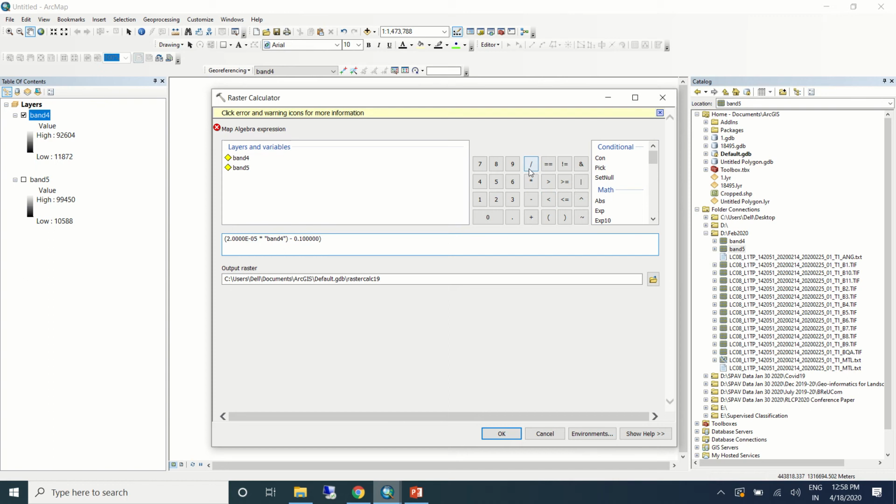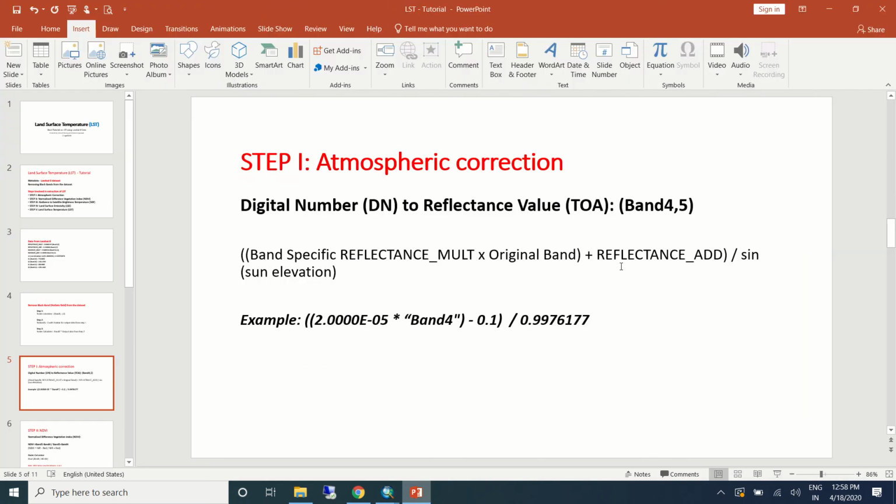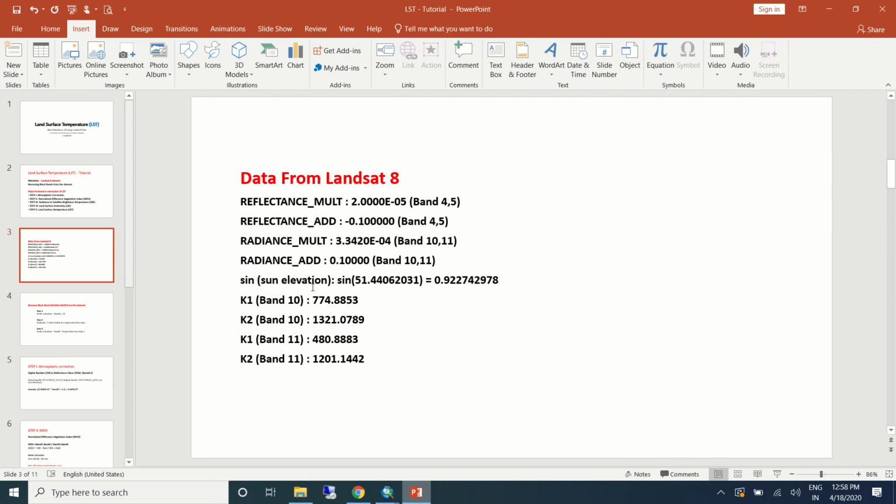Divided by sine of sun elevation. So if you remember, the sun elevation is 51 point something. We have taken this from metadata. So if we convert this into sine, this is the value that we get.